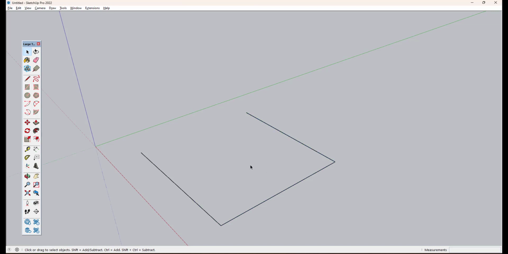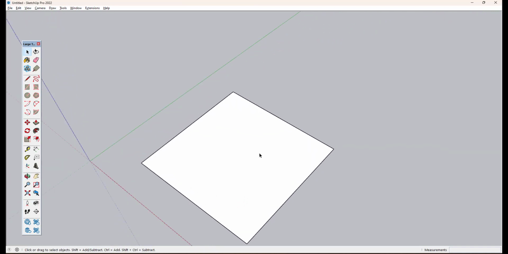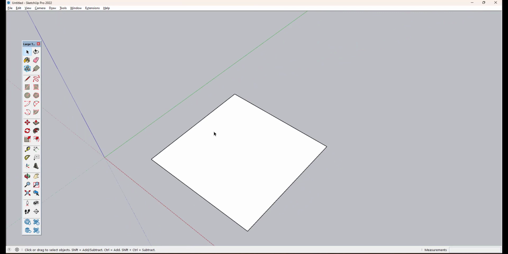Again, if I use the line command and if I close that end point to the first point and then press the Tab button to come out of this, automatically in SketchUp we get a closed face. When we combine the end point to the initial point, you will get a closed surface. This is the rule in SketchUp. So now we have a plane which is the combination of a number of edges and then face.